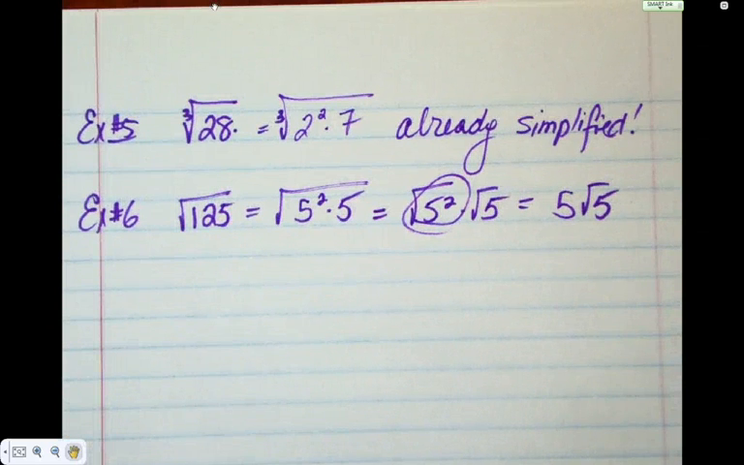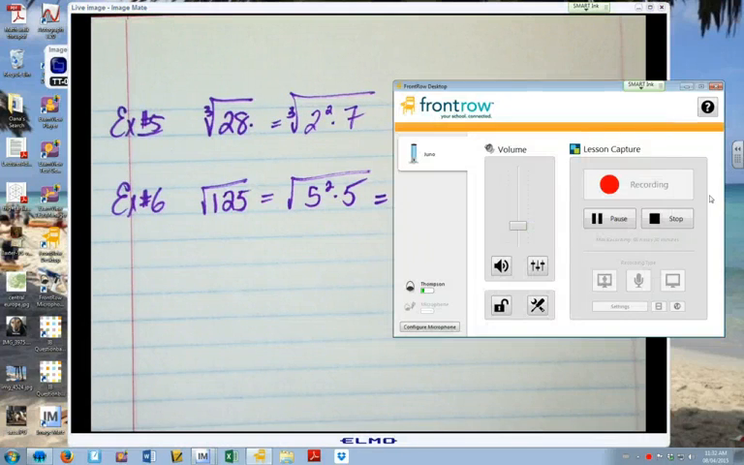Show me your thumb so far. Getting this? Okay. Good. I want to give you lots of time to work. Do you want to work in groups that I make up? Do you want to work in